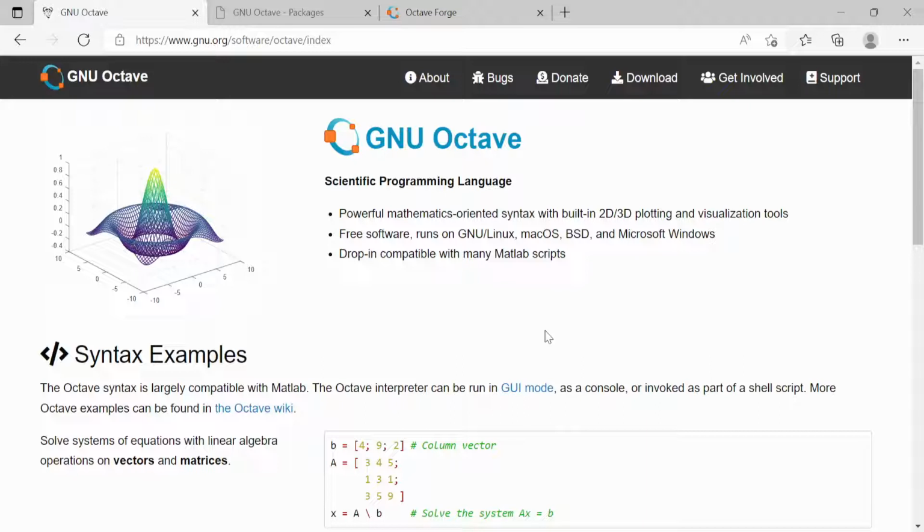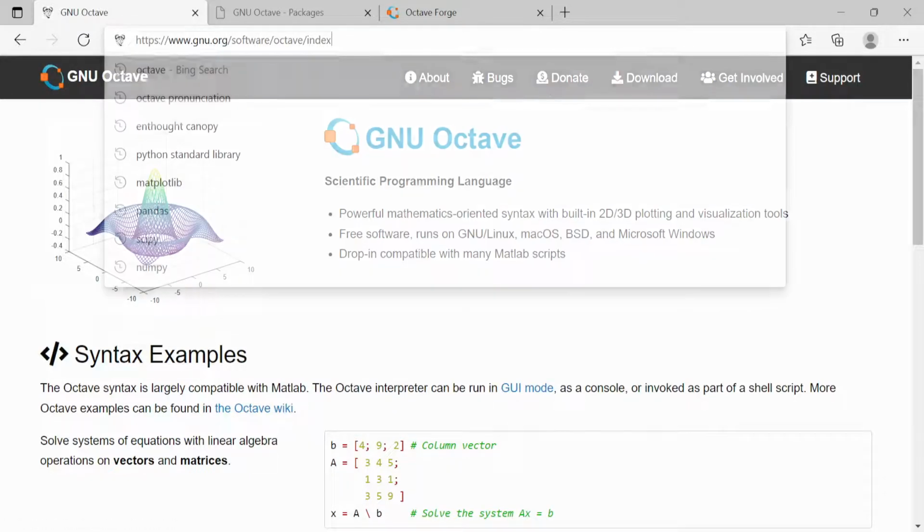The thing is that it doesn't have all the software or all the packages that MATLAB offers, but in many cases you can use it within the default software or default packages or the third-party packages. Anyway, if you want to start downloading, you can go to this website here and